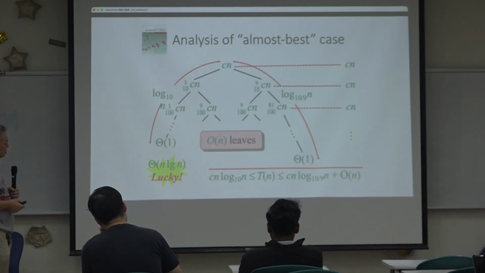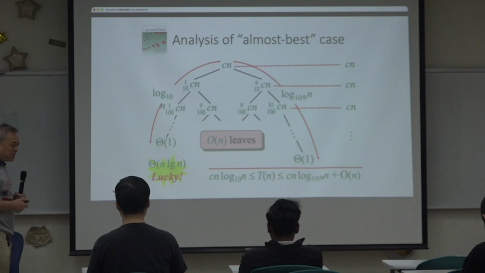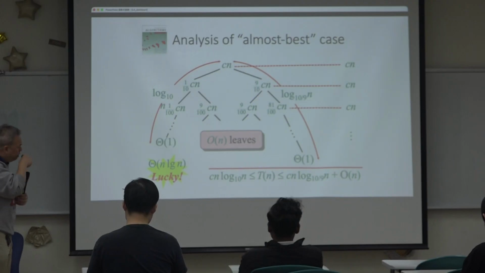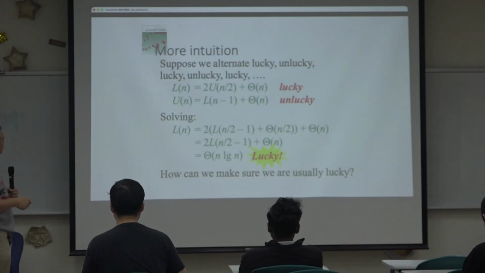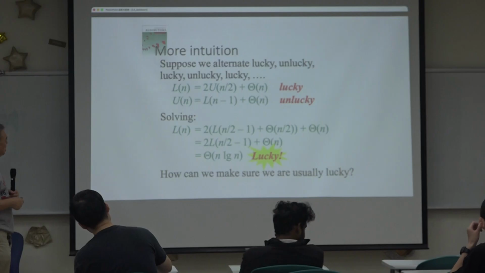So even for the not-so-lucky, unlucky case, the complexity is unknown. Okay. How about we have a lucky and unlucky alternative? Suppose we alternate lucky and unlucky. So in other words, okay,